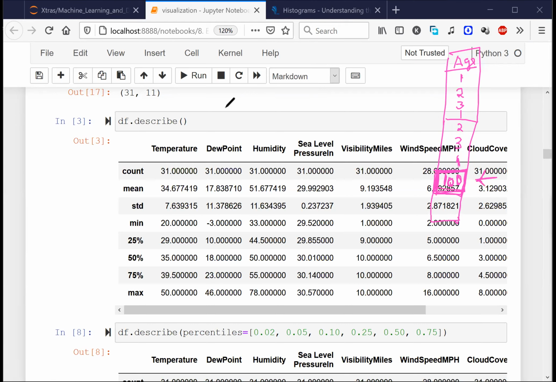What is an outlier? An outlier is any extremely low or extremely high value, right? If you have any value which is extremely small or extremely large, that kind of value is called an outlier. Everyone, please try to remember this. Extreme values are called outliers.